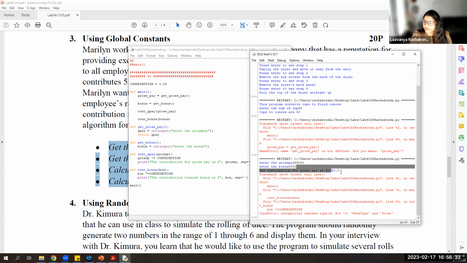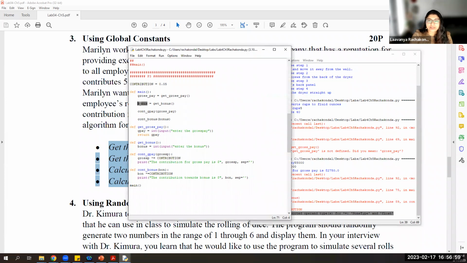It is calculating for gross pay, but for bonus, it is throwing an error. Why? Oh, did anyone point why? So the main error is not this. The main error is